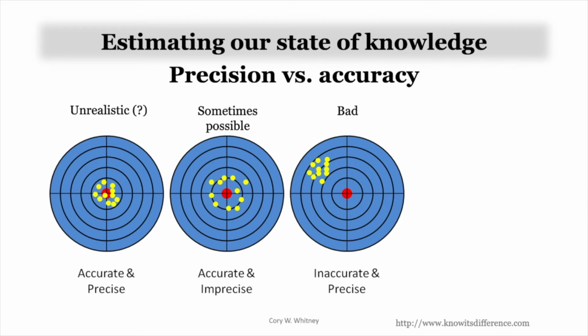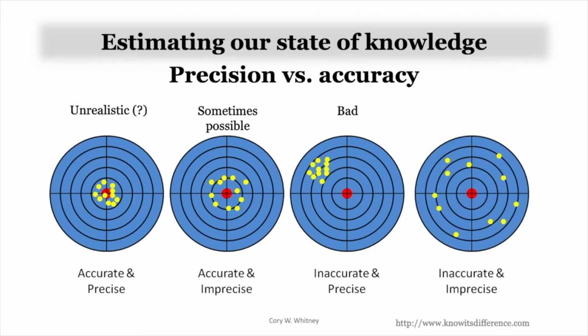That is, they think 70%, and I say, well, I need some uncertainty. I need you to express some kind of uncertainty about it. And then they might say, okay, 70.5% and 69.5%. So this is bad because they've missed the mark. What's probably most realistic is inaccurate and imprecise, right?